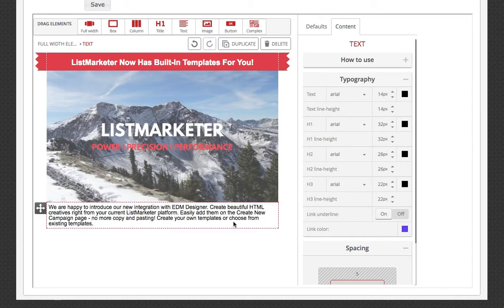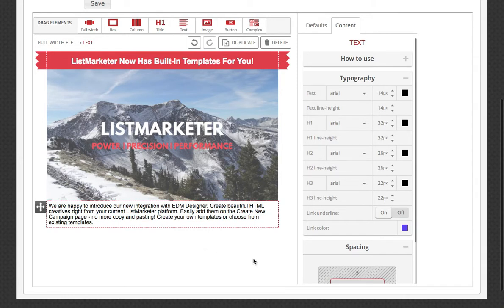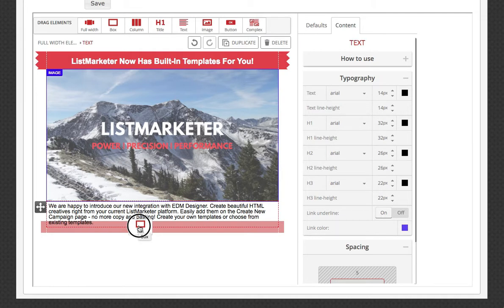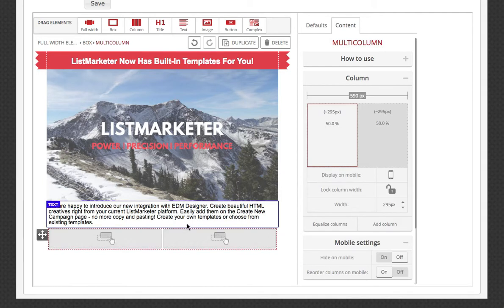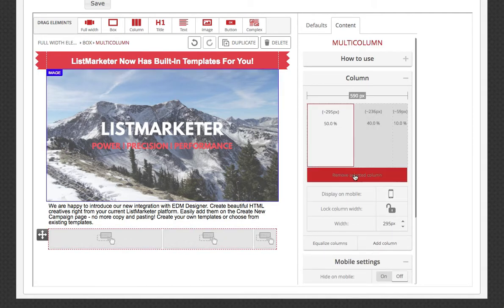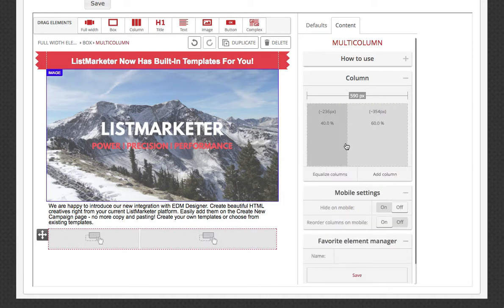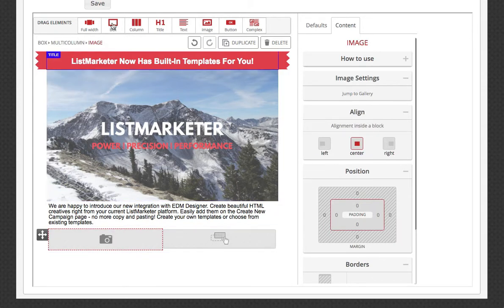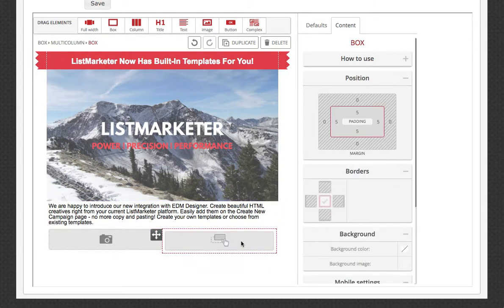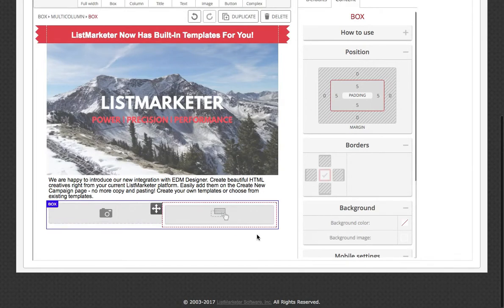The next thing I'm going to add is a box. A box is a great way to build or layer elements. We'll start with the box, and within that, we're going to add a column. Now you can see over on the right-hand panel that you can add additional columns, delete any columns you don't need, and you can force the software to actually make those even by hitting this equalized column. We'll just leave 2 columns for now. On the left side, we're going to add another image, and in the right side, we're going to add another box. We now have a box within a column within a box,